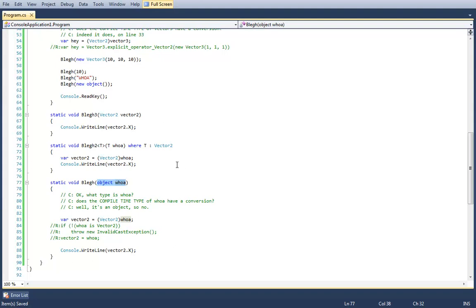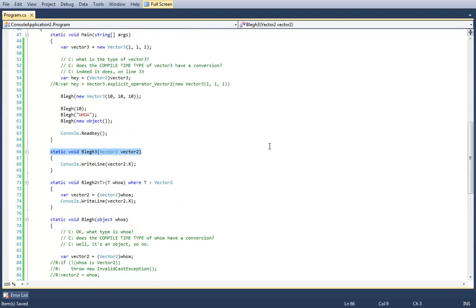But at the end of the day, you should always have your code be as explicit as possible and as straightforward as possible. And to get the behavior of bleh that I want, I could simply tell the compiler explicitly, by specifying the vector2 as my parameter type, that I want the compiler to ensure that I don't pass anything into bleh3 that isn't a vector2.